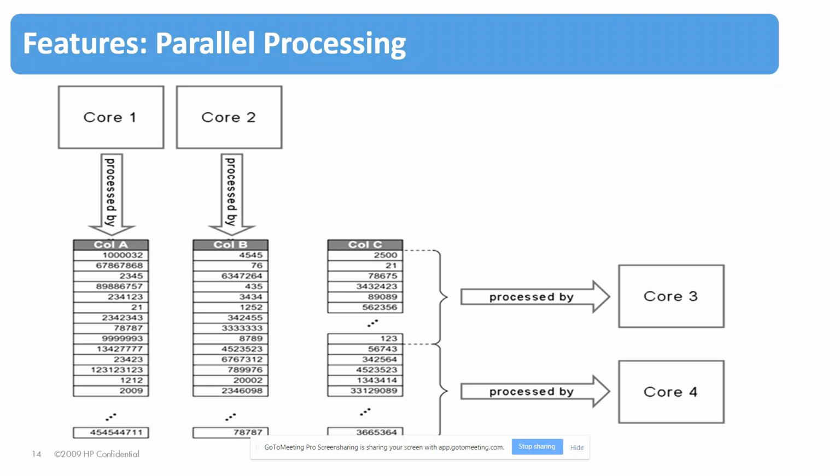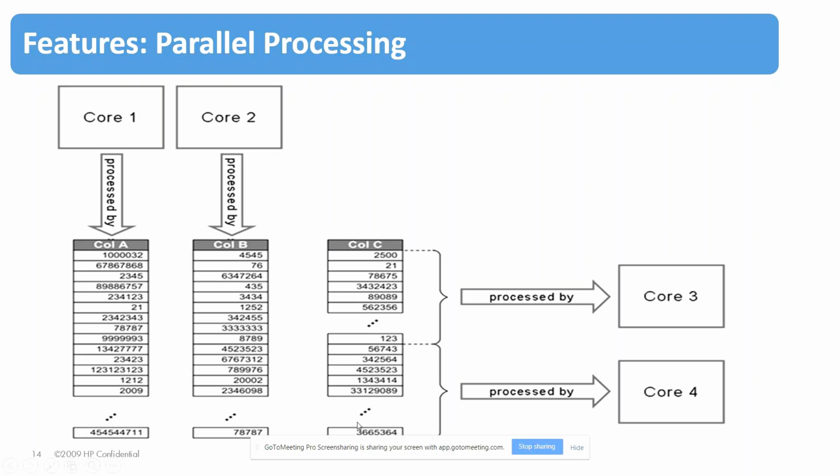Okay, now we'll see another feature, like parallel processing. For example, we have cores, and within the cores we have a number of CPUs, right? For example, if I have four cores within my database, and here I'm dealing with only one single table. With parallel processing, each core works on a single column. Core 1 works with column A, core 2 with column B, core 3 with column C, and core 4